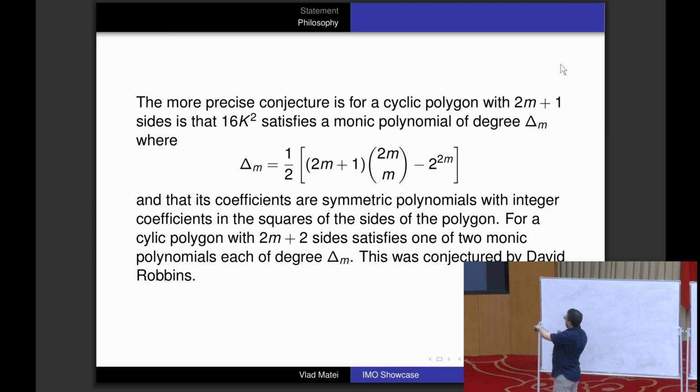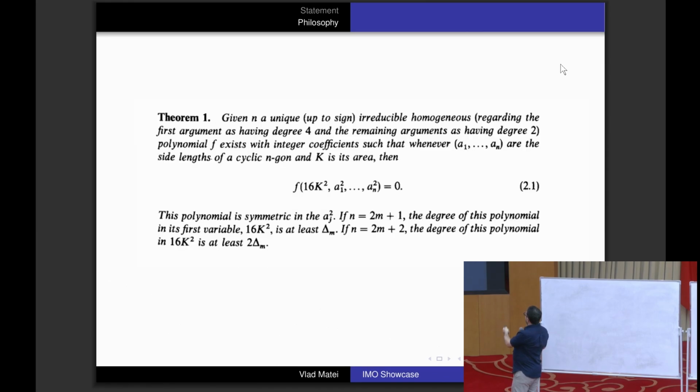squared and the area. And this is for an odd number of sides, and for an even number of sides it is actually something a little bit different, because you need to introduce some signs on the sides. I won't go into this detail. It's not that important. But again, there's a precise way to describe what this is. Okay. So let me state what that one is in a mathematical